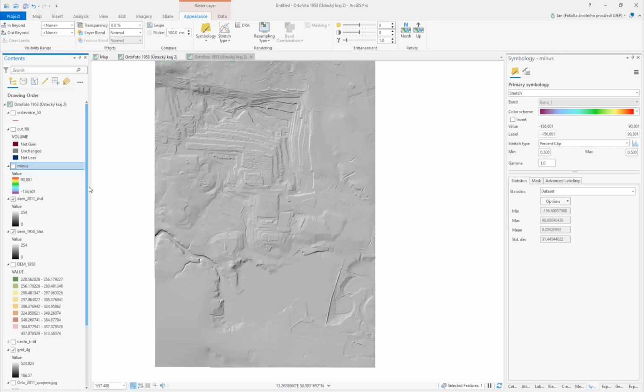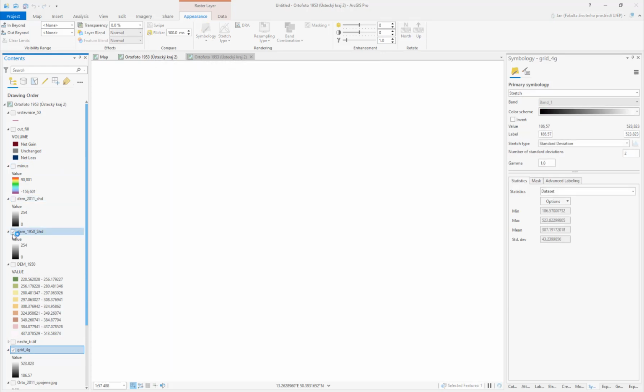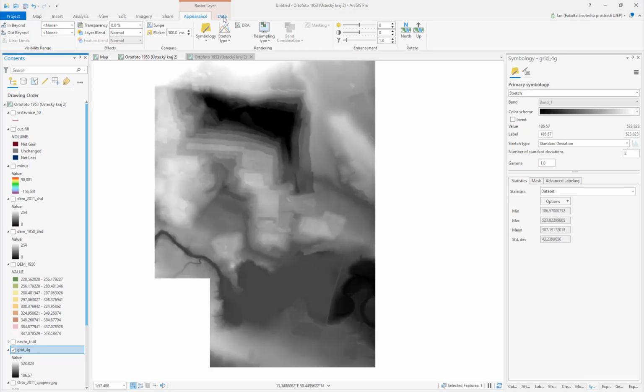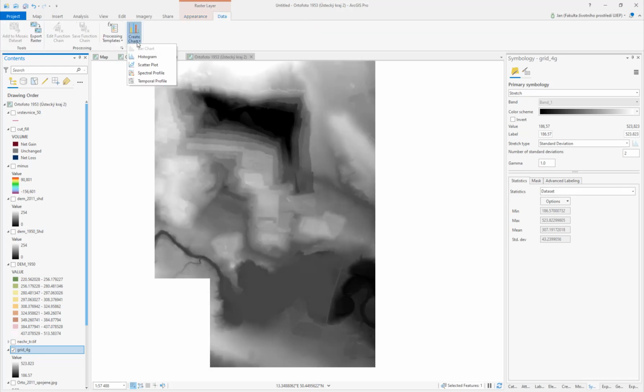So the other way we can visualize the changes is with transects, right? A transect is a line that goes across the terrain, and it is then turned into a 3D line and visualized as a graph. So this should be possible to do here. Choose this and turn this off so it's not distracting us. And here we should be able to create